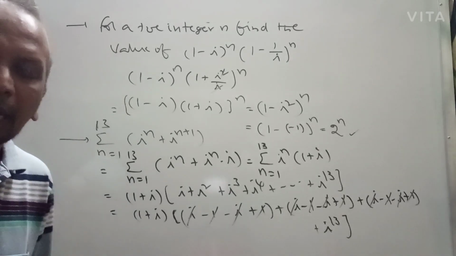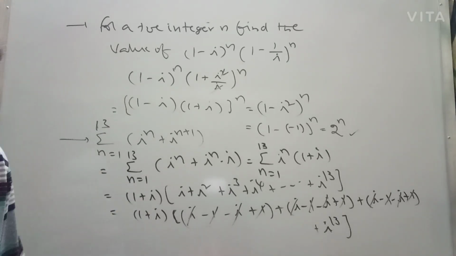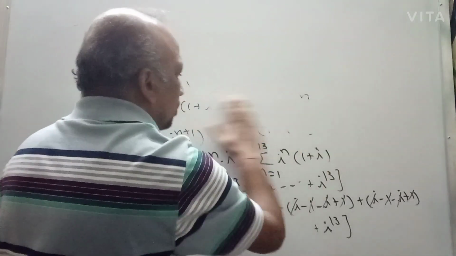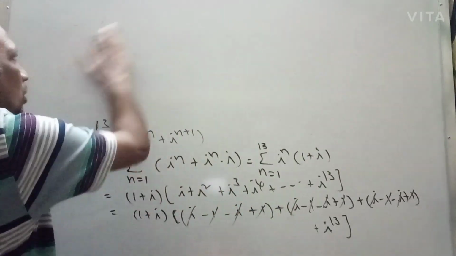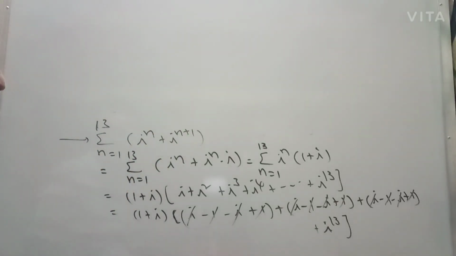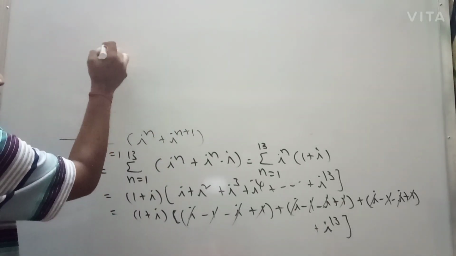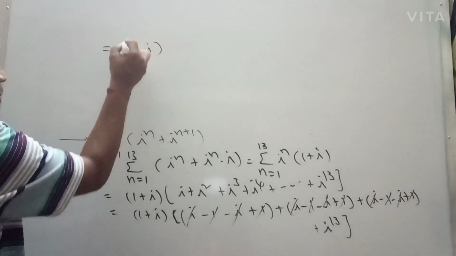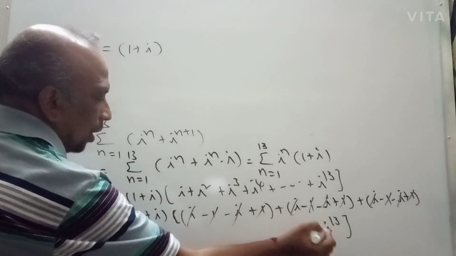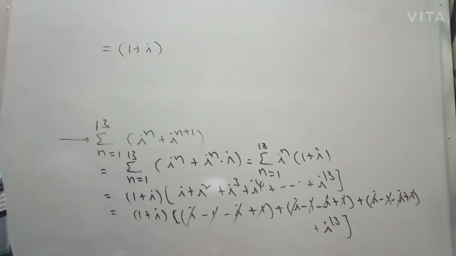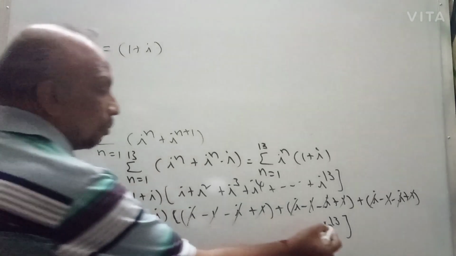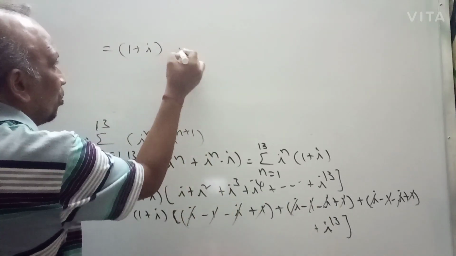Now you can see here the expression what I have written here. Now you can observe here. So when I am simplifying the value of this, just observe here. I will explain again. Just you can see here. Then I can write 1 plus i. So you will get 1 plus i into, everything else is 0, i power 13 we have. So when I have taken i power 13, how to simplify i power 13? This is i power 13.